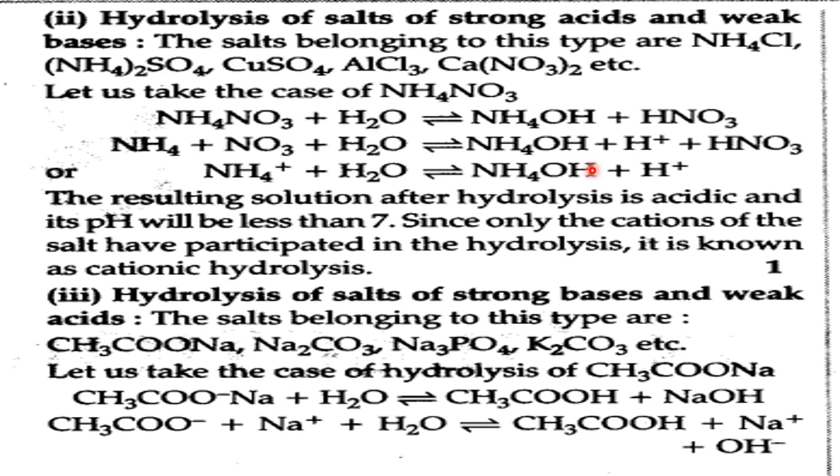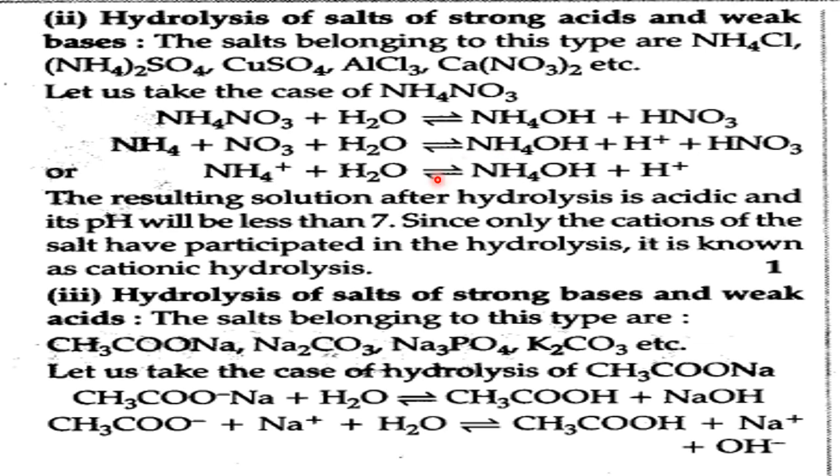Why will H+ remain? Because ammonium hydroxide is a weak electrolyte, no? So it will not give that many OH- ions to balance the H+. H+ ions are more in number. So because H+ ions are more in number, definitely it will show pH less than 7, because H+ is what? It is acidic. So that's why for a salt formed when a strong acid and weak base react, the pH is always less than 7. It is because of what? Because of the existence of H+ ions. Again because of what? Complete dissociation of the strong acid.